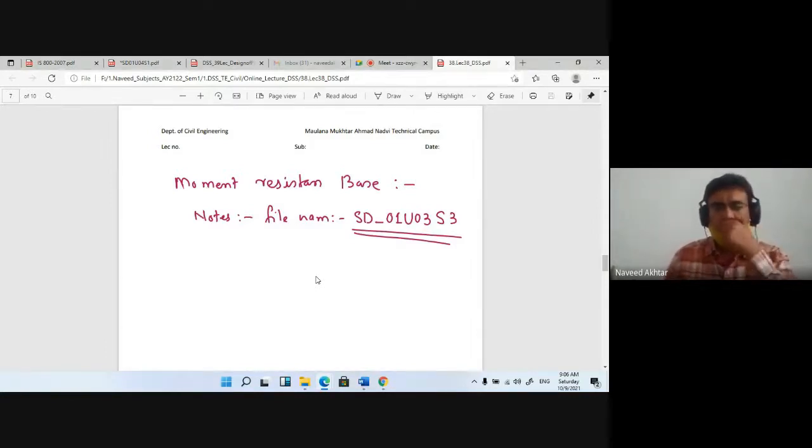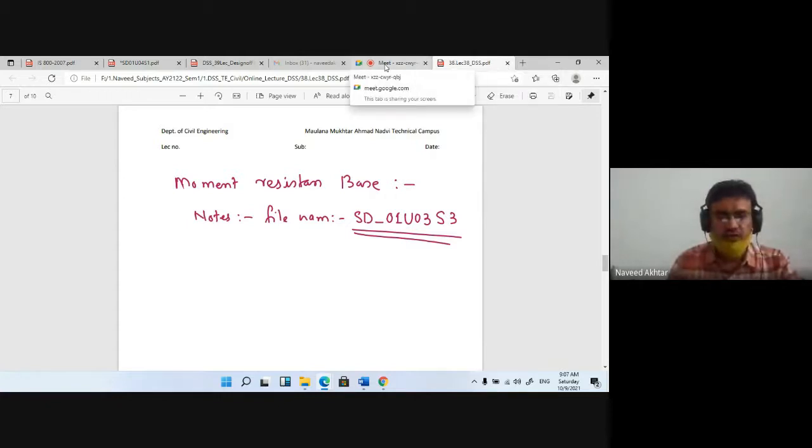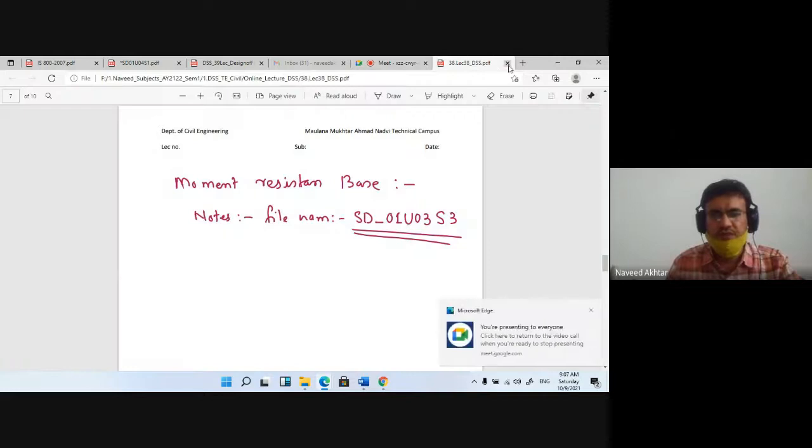Okay, so in that, how the forces are acting due to the axial load and bending moment on the base plate or column bases, we have discussed and completed the design of slab base and gusseted base. So we have solved the examples. You can solve the example for your moment resistance base yourself and show to me.